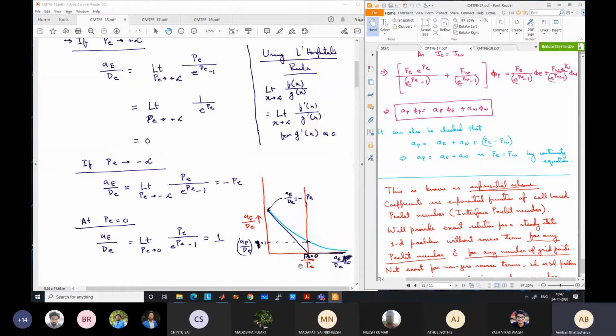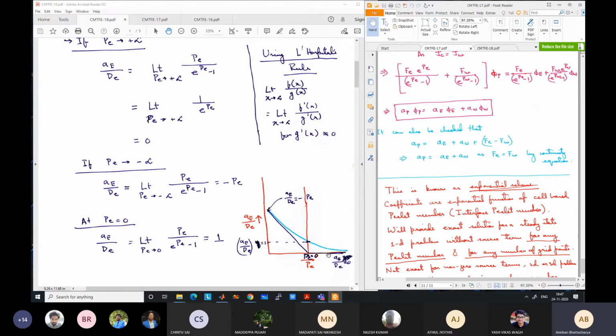Okay, so it's a straight line which is tangent to the actual curve, and it intersects these two other lines at some points. Okay, so by using these three lines, what we will do is that once we draw this straight line, from the point it intersects one line to the point it intersects the other side, up to that point we will assume that A by D is given by the middle straight line.